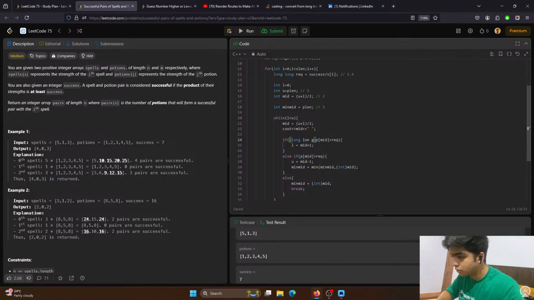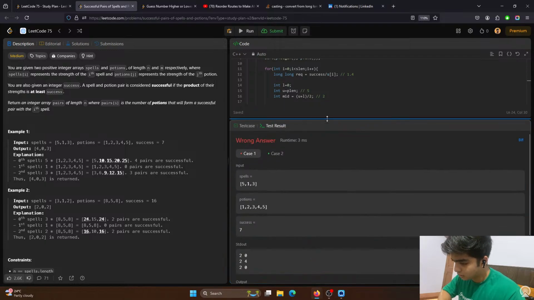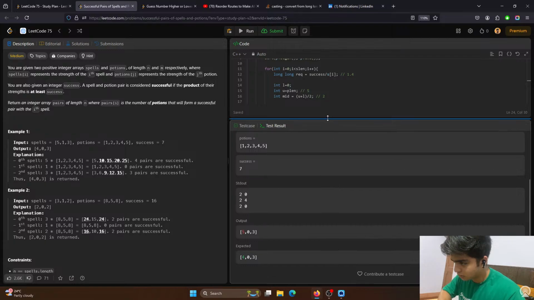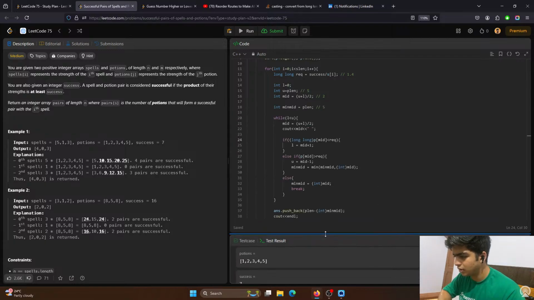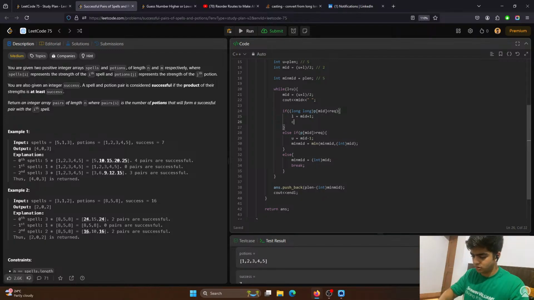Long, which is less than the required thing. Again, it's not working. Why is it coming? I don't get why it's coming 0. It's less than the required thing. So I will have to do cout here. So cout 1 handle,